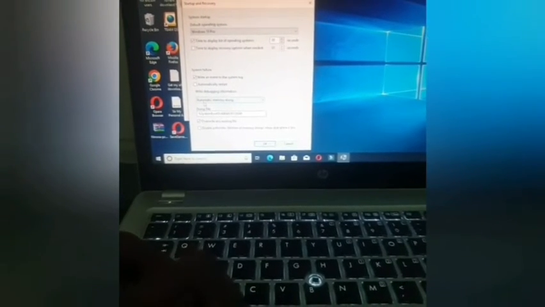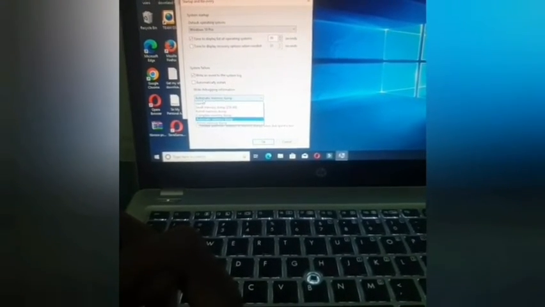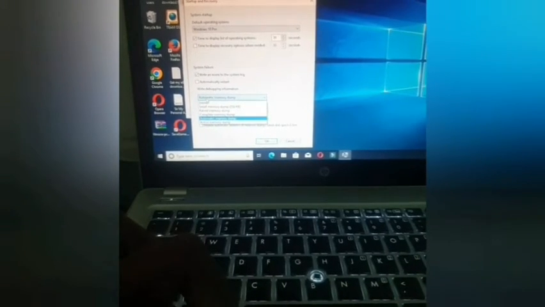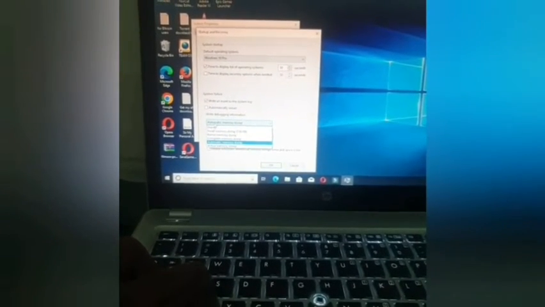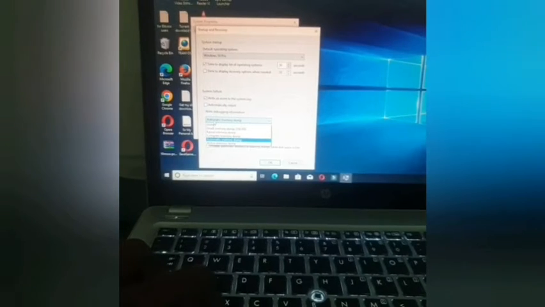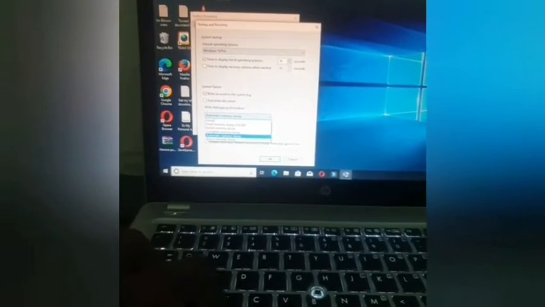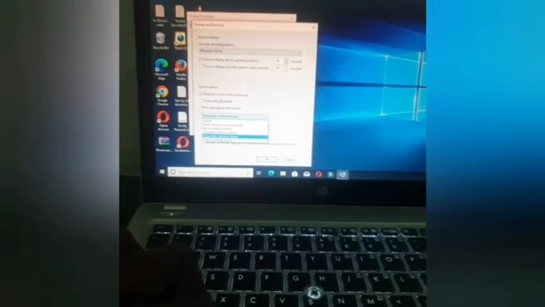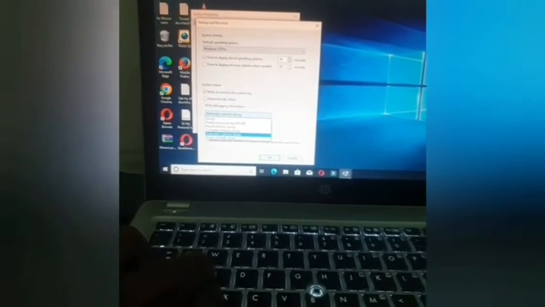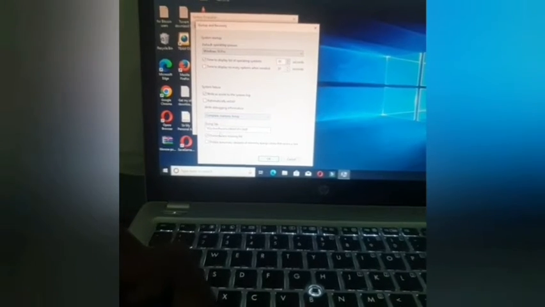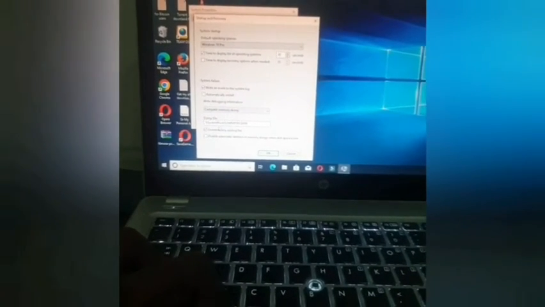and then write the debugging information. Change from automatic memory dump to complete memory dump,